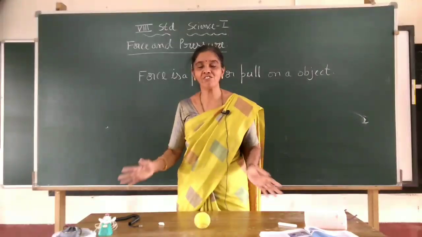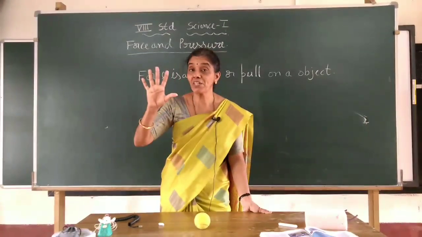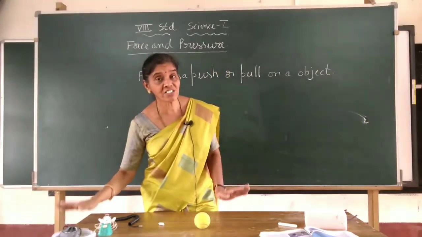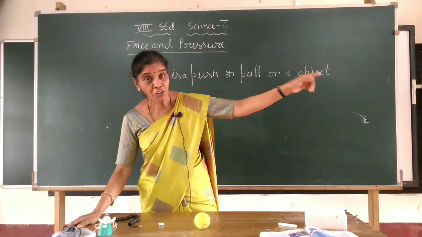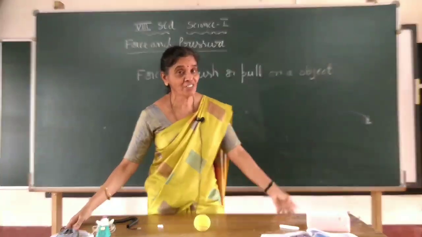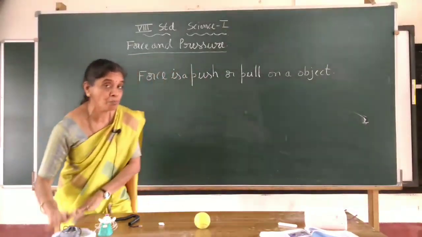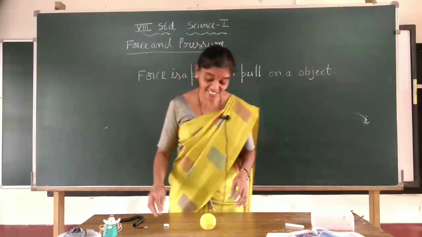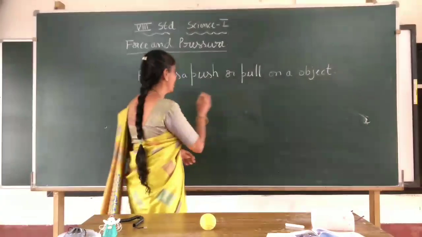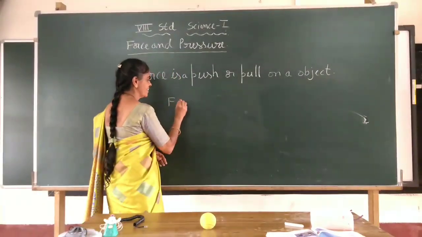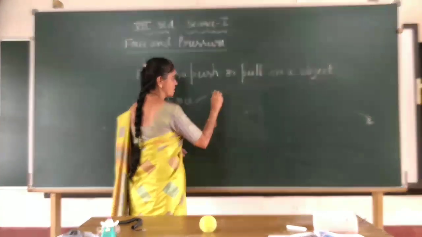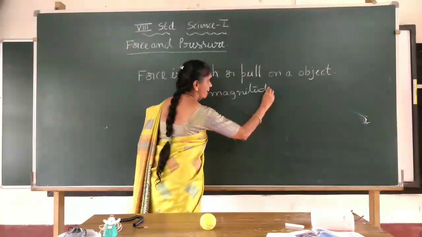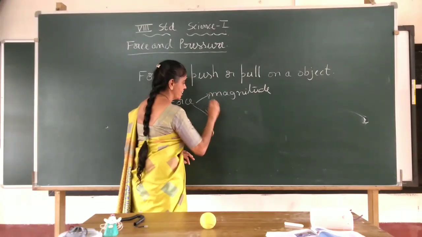Okay, whichever force you will consider, it has got direction. So if I simply say I will apply the force on the table, you won't get the picture of which direction it is moving. If I say I will apply the force on this table towards that side, towards my left side, then you will get where I have to go. Here I have to move, and in the left direction I have to apply the force, right? So force has got magnitude and direction. Force has two quantities. It has magnitude and it has got direction.